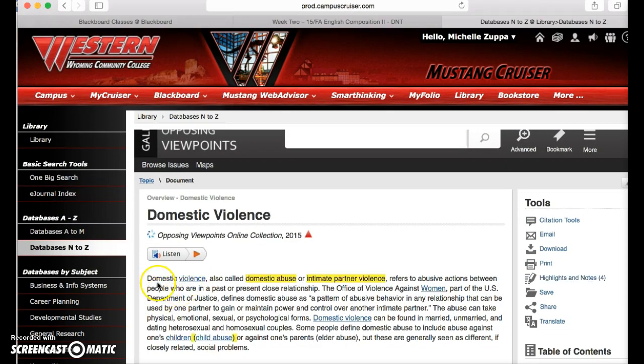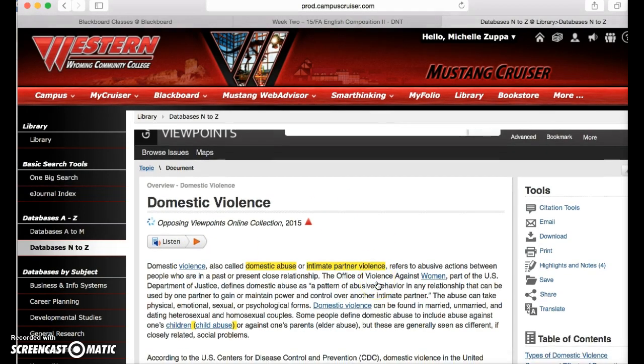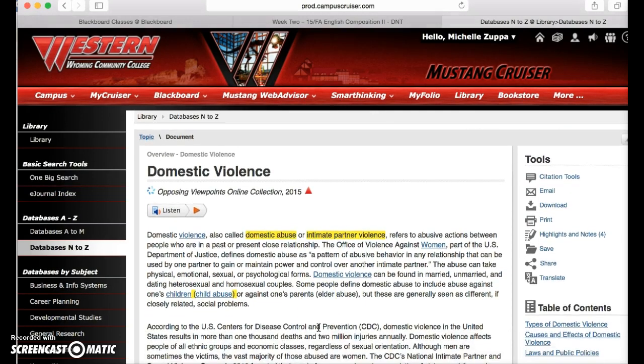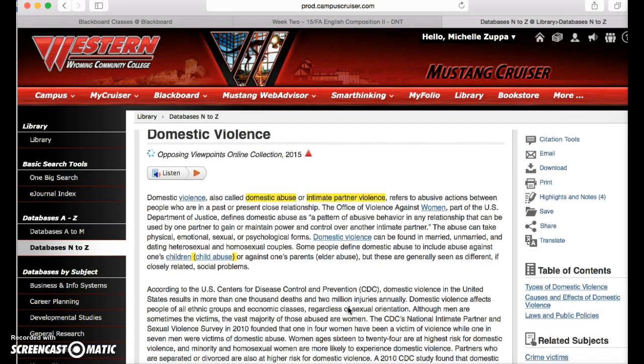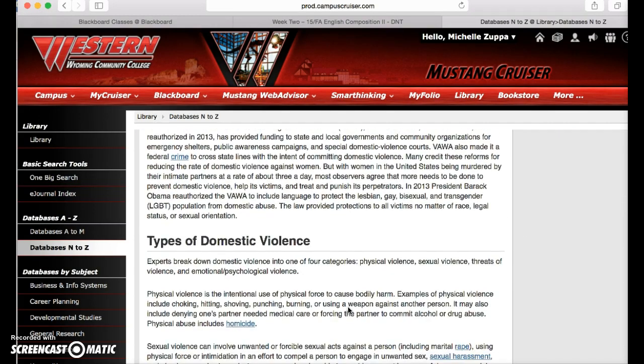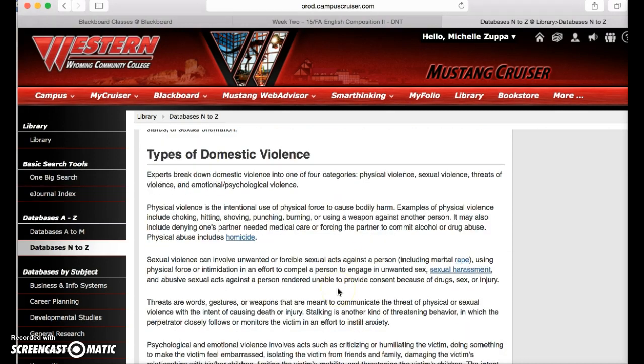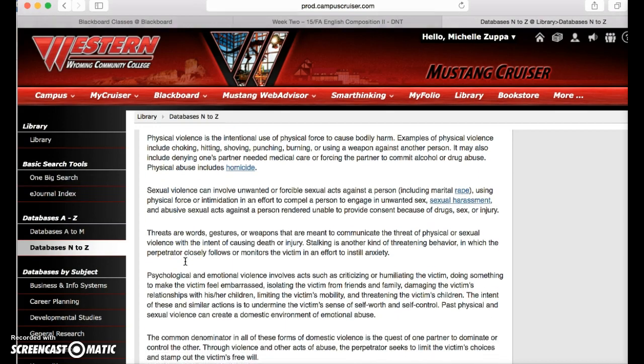We start right off, we've got domestic violence, and I already highlighted some of these. Domestic abuse is another term for domestic violence. Intimate partner violence, you might focus on children or child abuse. Elder abuse, you might focus on domestic violence against men. You might focus on domestic violence against the elderly. Or you might take it a different way and talk about different types like physical violence or sexual violence or